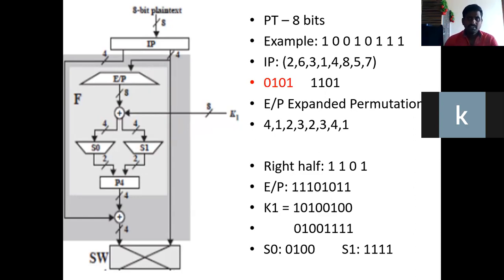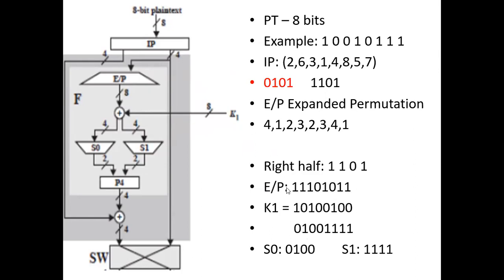As per the diagram, with the output of expanded permutation, that 8-bit data, and with the K1 which we already generated in the key generation process, you have to perform XOR. You can observe here K1 is 10100100. For these two, we are performing the XOR. After performing the XOR, this is the output we received: